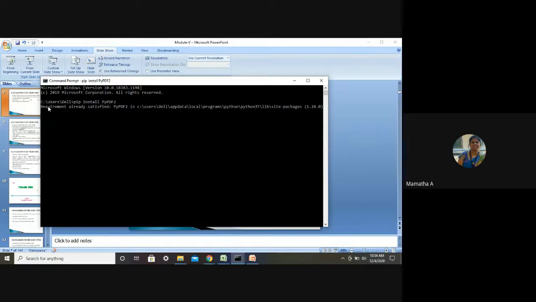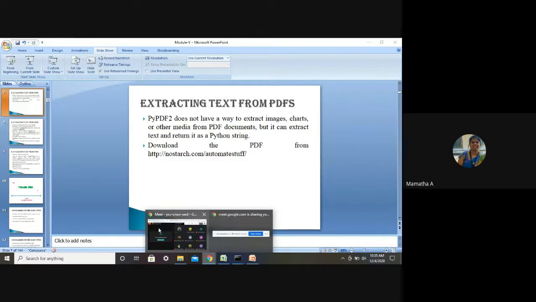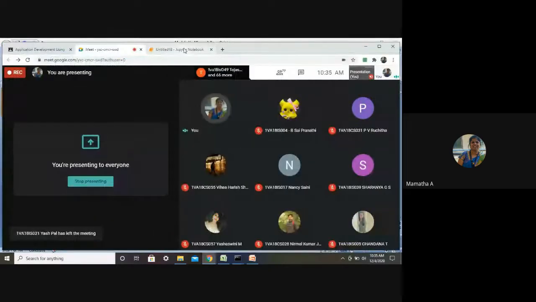Can you all see the screen, students? Is my command prompt visible? Yes, you can see when I give this pip install PyPDF2, it says requirement already satisfied. Why? Because I have already installed it. But if you give this command, it will install it for you. Okay. Then the next thing is, before I start writing the program, what you are supposed to do here is